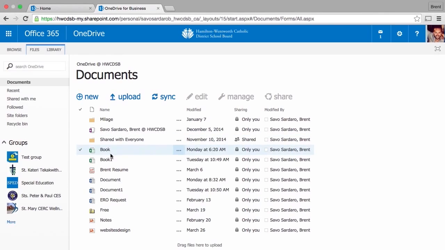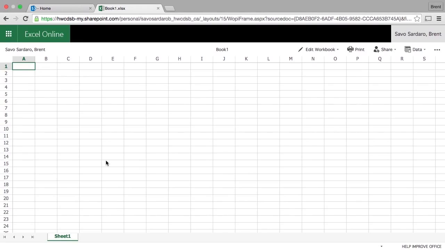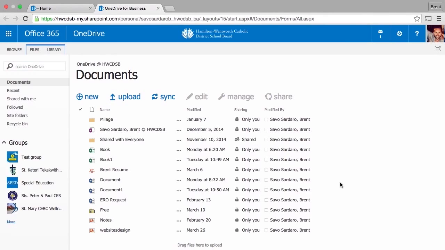Also, files that are stored to OneDrive open up within Office 365. So if I am storing an Excel document, I can go ahead and click on it, and you can see that it does open up in Excel without having Excel pre-installed on this computer. To upload files to OneDrive, you can click on the Upload button. This will allow you to upload files one by one. If you would like